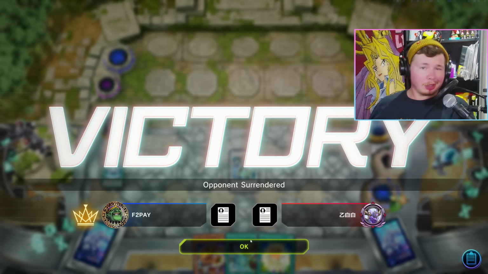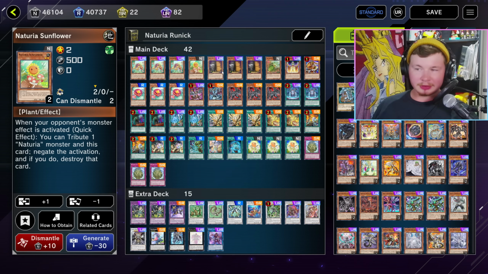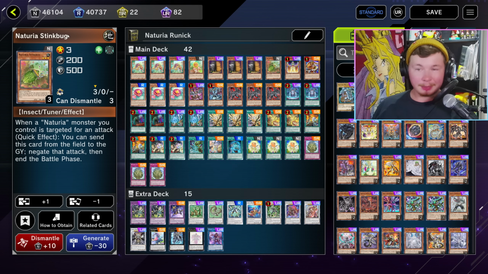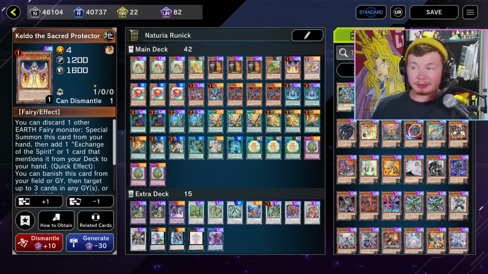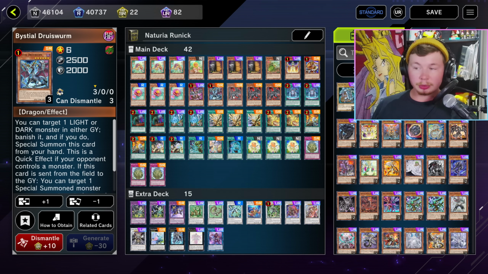Let's go do the card by card. All right, guys. This video is probably already too long, so I'm going to try to speed run the card by card. We have 3 copies of Mole Cricket, 1 copy of Sunflower, triple Maxi, 1 copy of Stink Bug, very useful in the current format to stop your opponent from doing Zeus stuff. We have 1 copy of Kelda, 1 copy of Mudora, triple Naturia Camellia, 1 Magnamut, 1 Druid Swarm, and 3